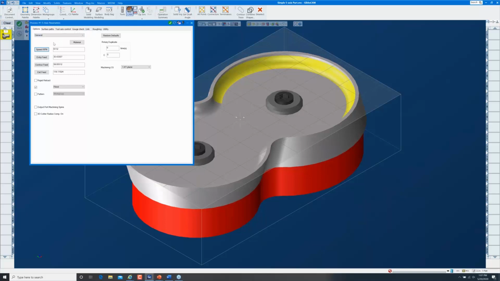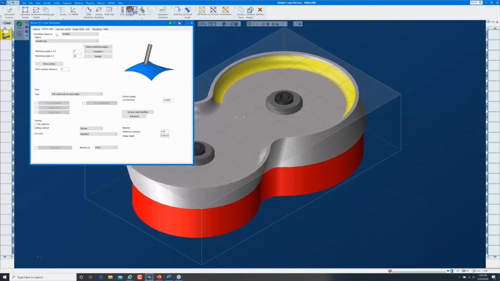A byproduct of that is it's a really good idea anytime you're starting a 5-axis process to hit restore defaults, just to make sure all the settings are what you expect them to be. So let's move on to the Surface Paths tab. Now, the Surface Paths is where we define the toolpath